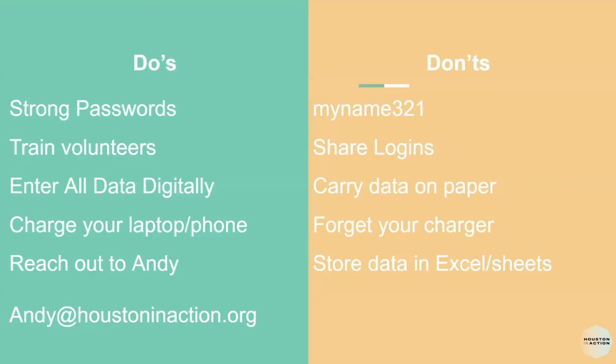We want to avoid carrying data on paper and even on Excel sheets, because sometimes putting things in Excel or on a Google Sheet might actually leave it open for other people to review your data. So the safer the data is, the better you might feel about how you're working with the community, and the easier the accessibility to follow up with folks.